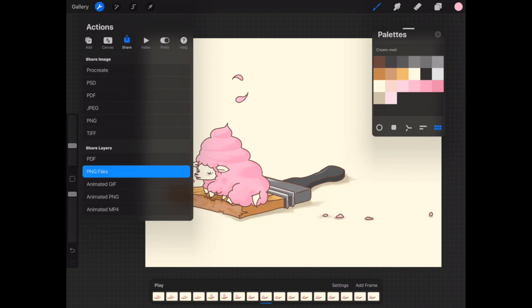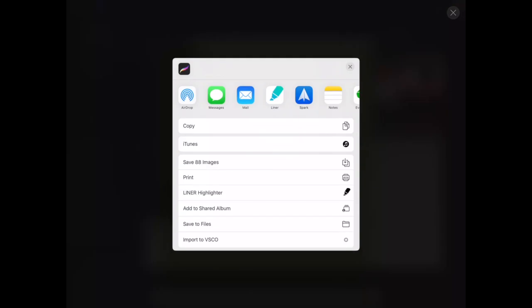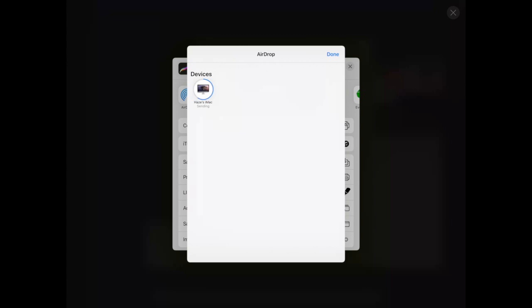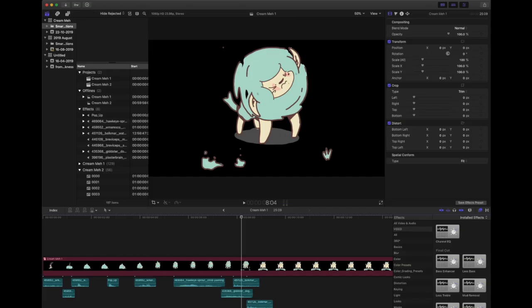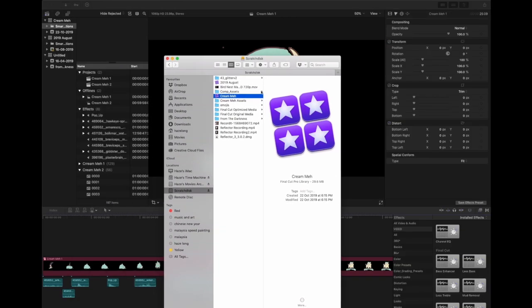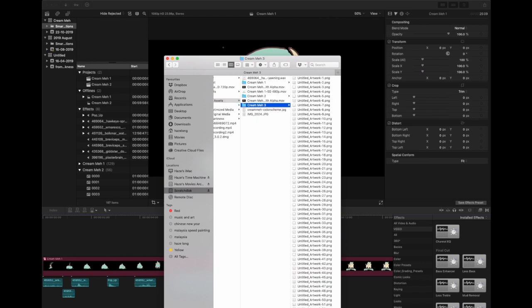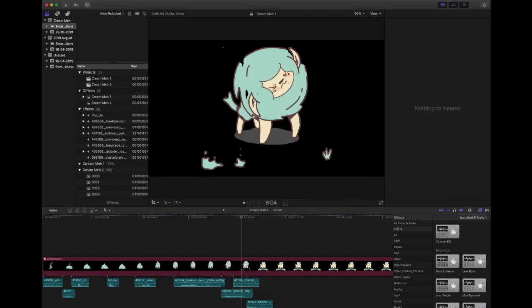So basically it will create PNG files of all the layers. So let's just wait for the exporting to be done, and then after that we can share right to my Mac. In my Mac, I launched Final Cut Pro, which is what I use to edit all my videos for YouTube. I have a file just for Creme, and we are going to import all the files that we've exported